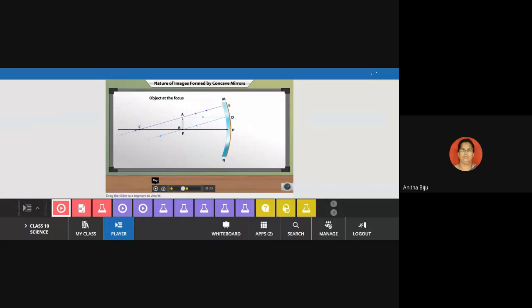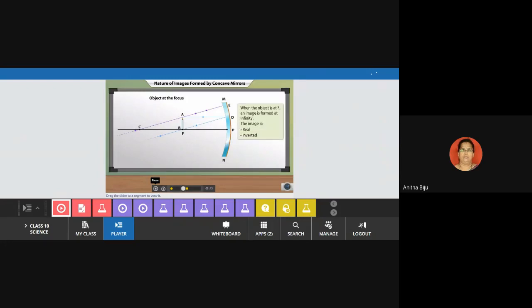Now you can see that here we are again using two rays for the image formation. Which are the two rays? Same. One ray which is going parallel to the principal axis goes through the focus after reflection. Another which is moving through the center of curvature, the reflected ray also takes the same path. But you can see these two lines are moving parallel. See that they never meet. Now let us see what will happen.